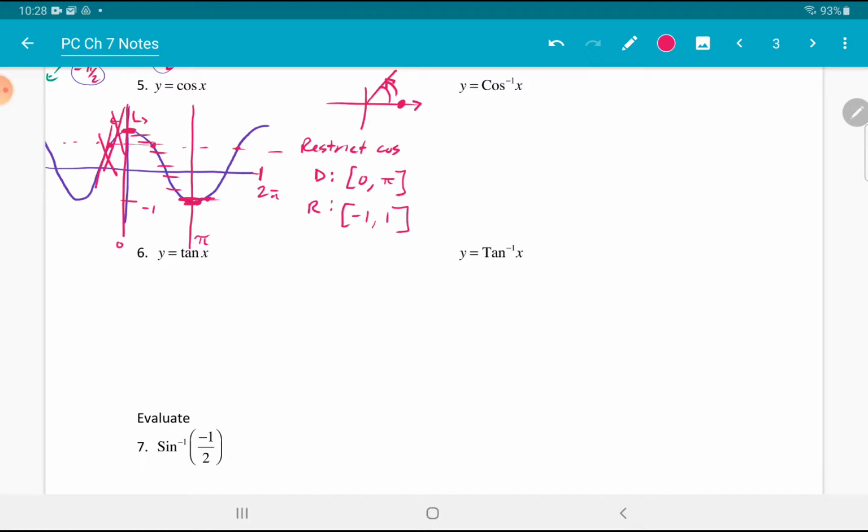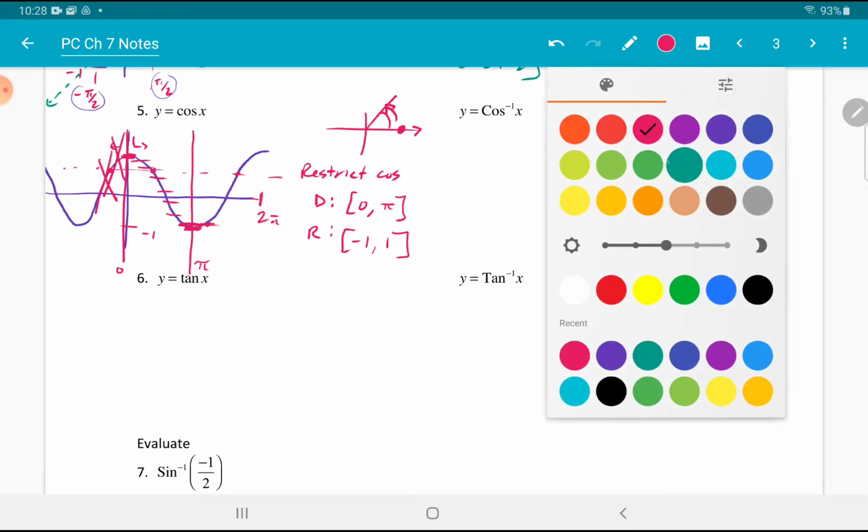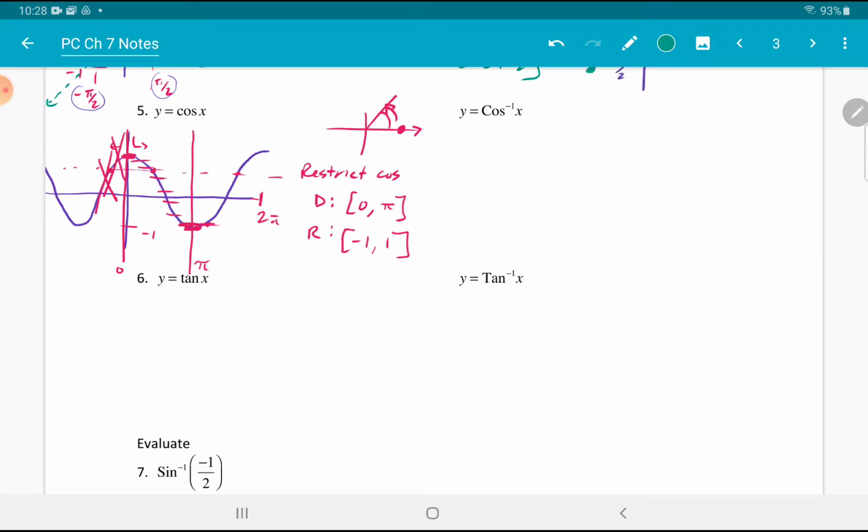Okay. Now if we look at the inverse cosine function, remember that this is just a reflection across the line y equals x. So if we were to actually draw our line y equals x here, just imagine that we have a line y equals x like this, then whatever is on one side of that line is going to get mirrored over to the other side. So just keep in mind what we're going to do when we reflect it. Okay. So as we graph this,